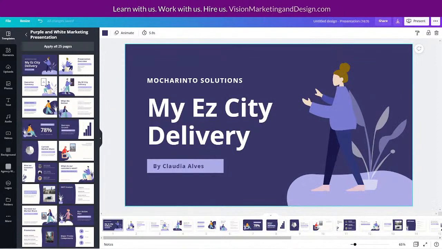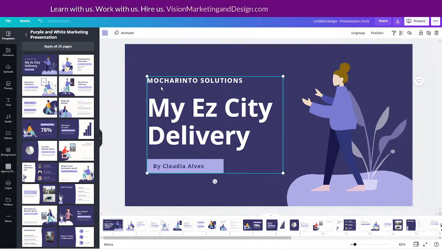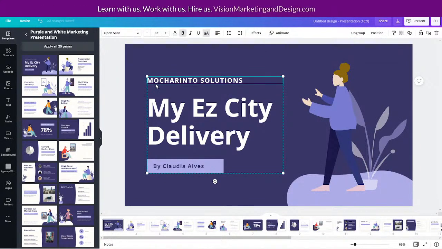Okay, so I'm just going to move this over to the side again. And of course, we want to put our title in. Okay, now I'm not really so much concerned right now with the fine tuning of the design. I'm not going to go through each page and make sure that it's perfect before moving on, because if you do that, you're going to waste so much time. Oh my gosh, you'll waste so much time. Because you will likely go back and revise things, and I'm sure that we will.